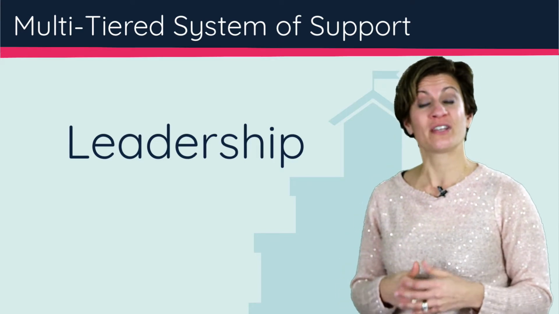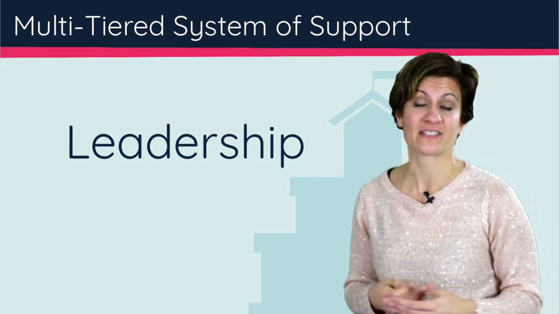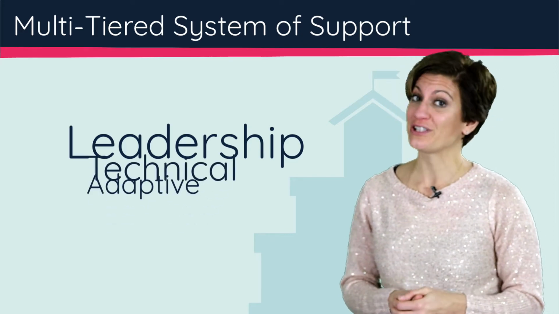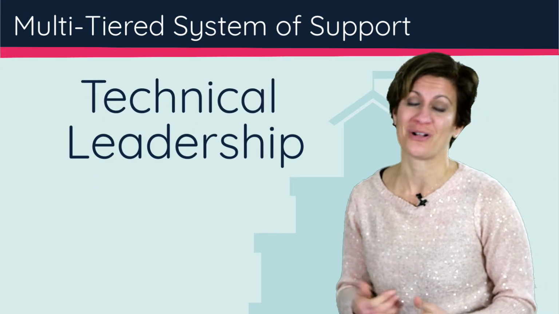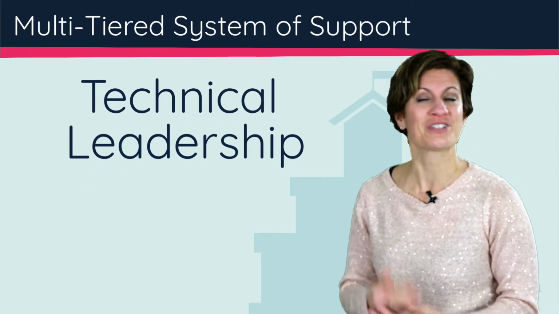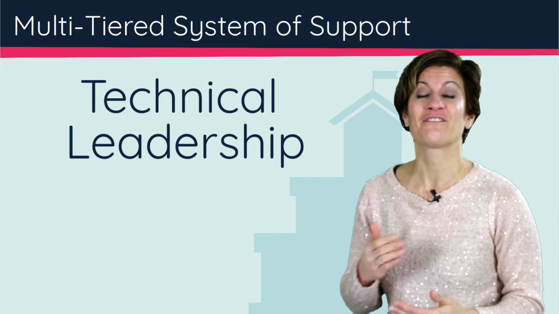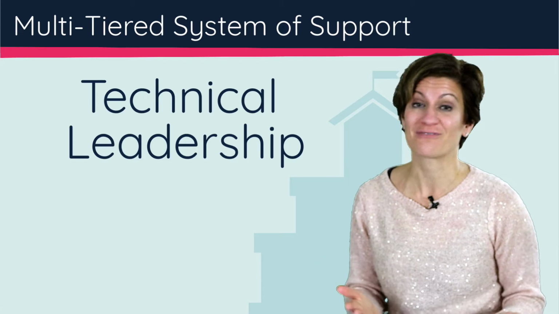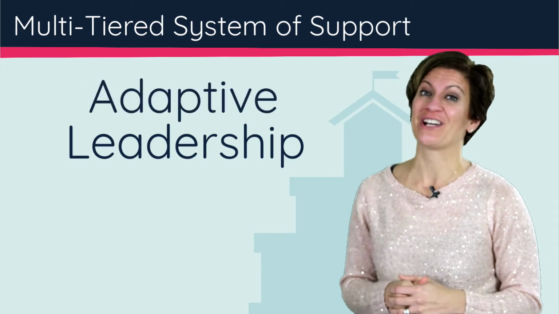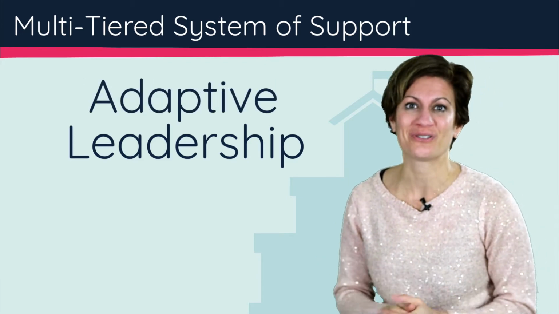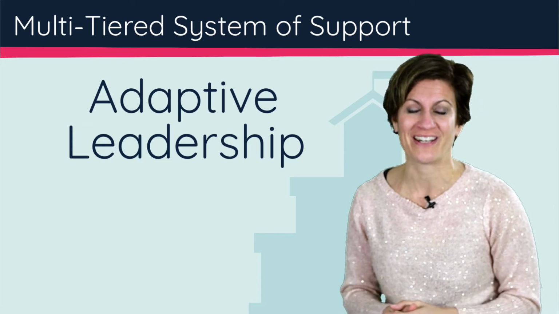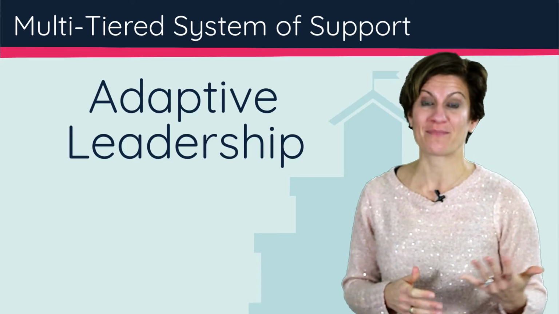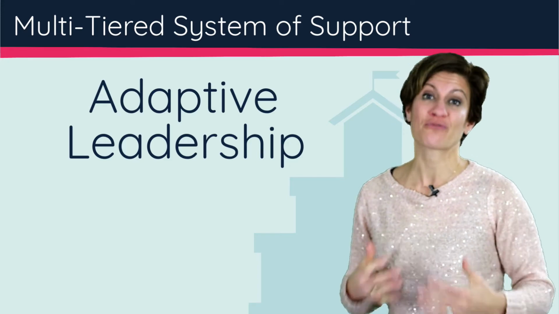And the leadership drivers can be really broken down into two aspects of leadership, which is adaptive leadership and technical leadership. Now, technical leadership is much more about nuts and bolts, creating schedules and dismissal procedures. It's very easy to fix and can actually be solved usually with just a short requirement. Adaptive leadership, on the other hand, is all about engaging stakeholders and family and community engagement and shared responsibility. And so we want to think about the importance of balancing adaptive and technical leadership in order to drive really